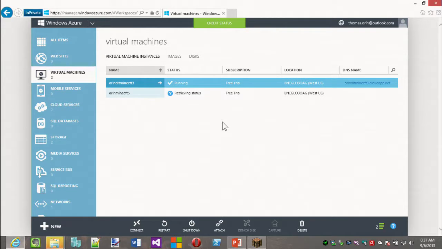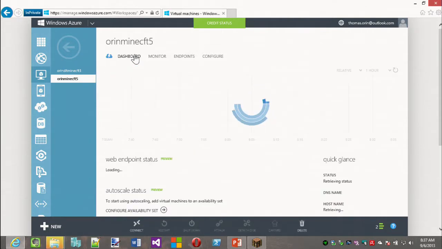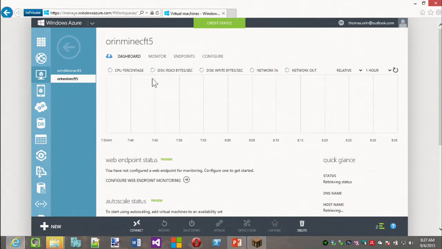Unfortunately, that is something that takes a little time to do. And you can come into the dashboard here and monitor the configuration. So while that's doing that,